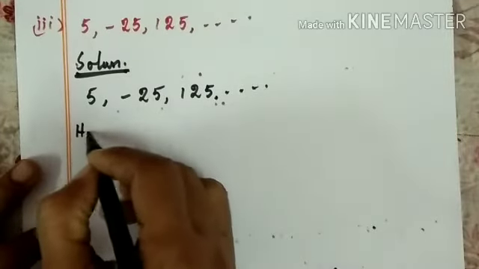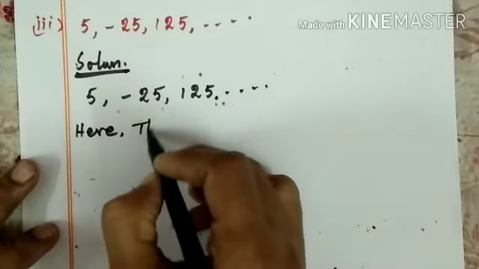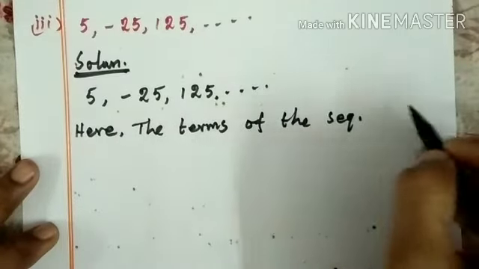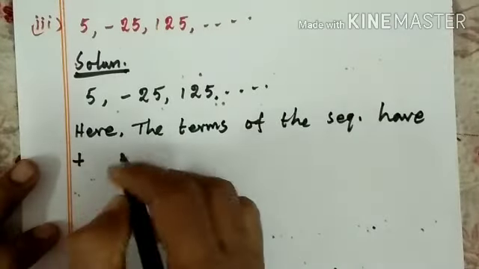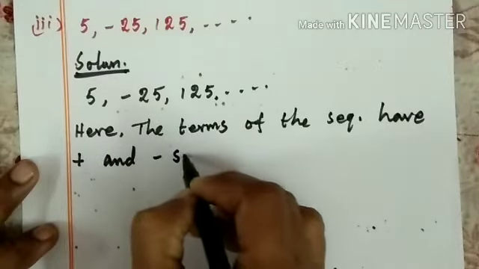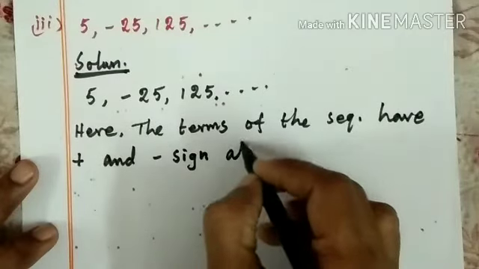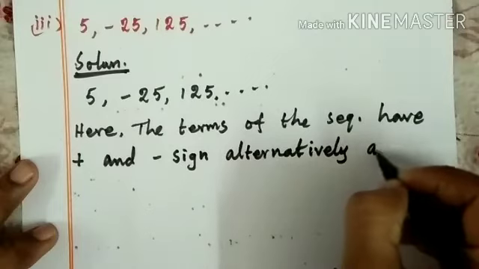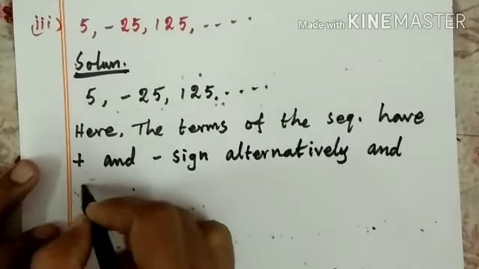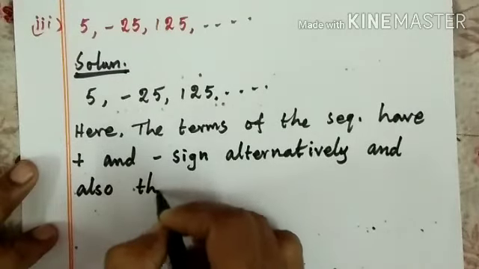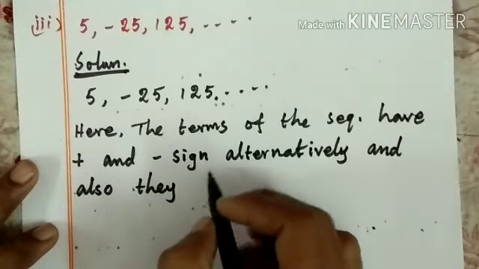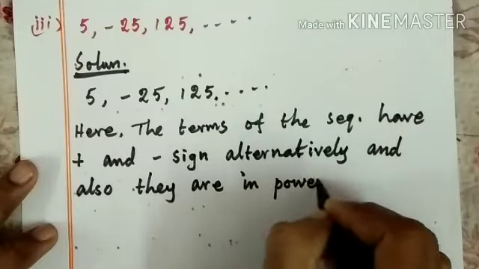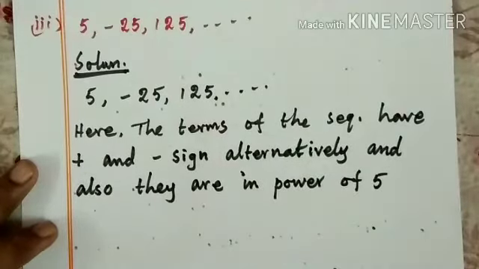So here the terms of the sequence have plus and minus signs alternately, and also they are in powers of 5. Therefore, the general term is